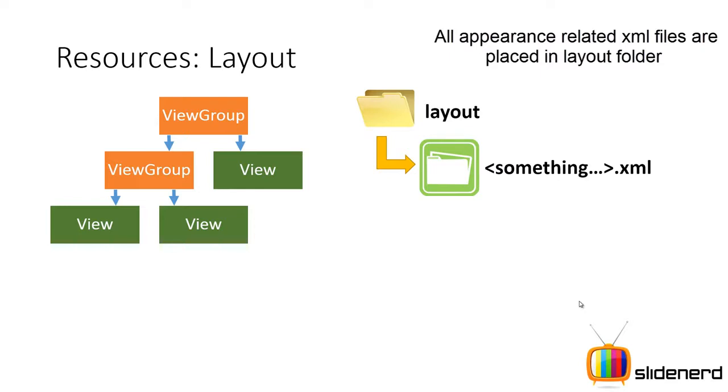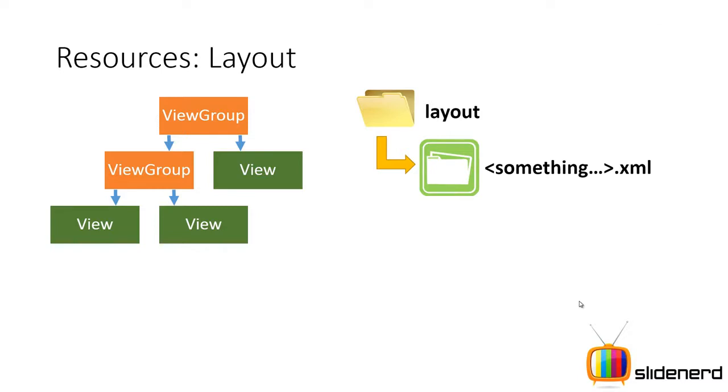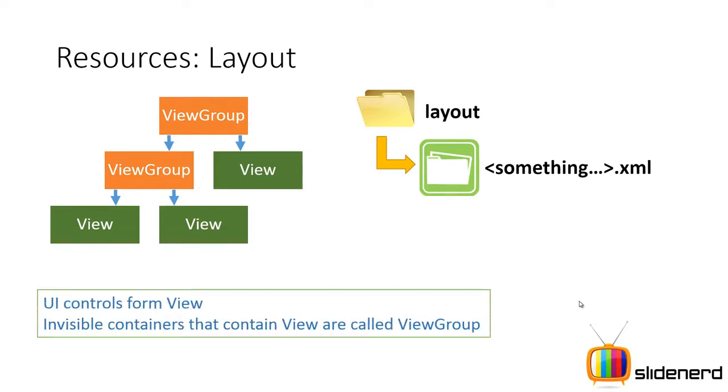So we are gonna make a project and we are gonna show you how things look after your project is done so you can understand each file in full detail. So let me go ahead. Here is the main point. UI controls are called views, and the controls which are invisible inside which your views are arranged and placed together are called view groups, alright.